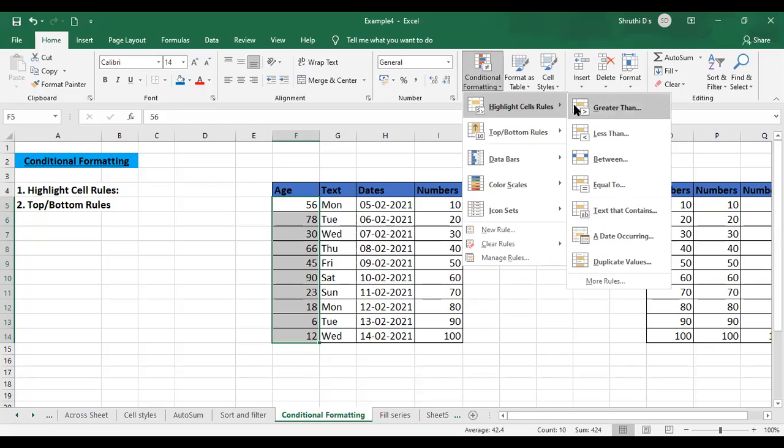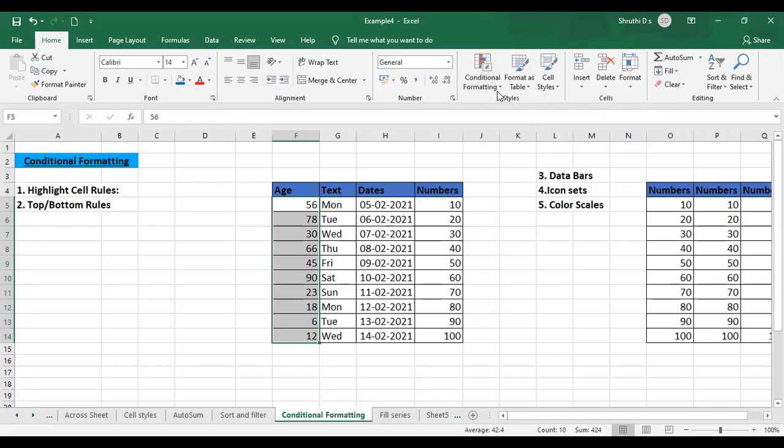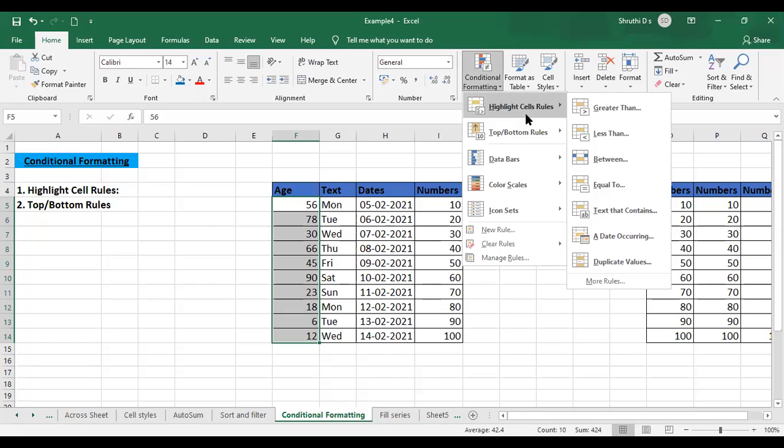It provides me the option to highlight particular cells by using different conditions. So what are the conditions we can see? Greater than, lesser than, between, equal to, text that contains, a date occurring, and duplicate values. See, we'll go one by one here.